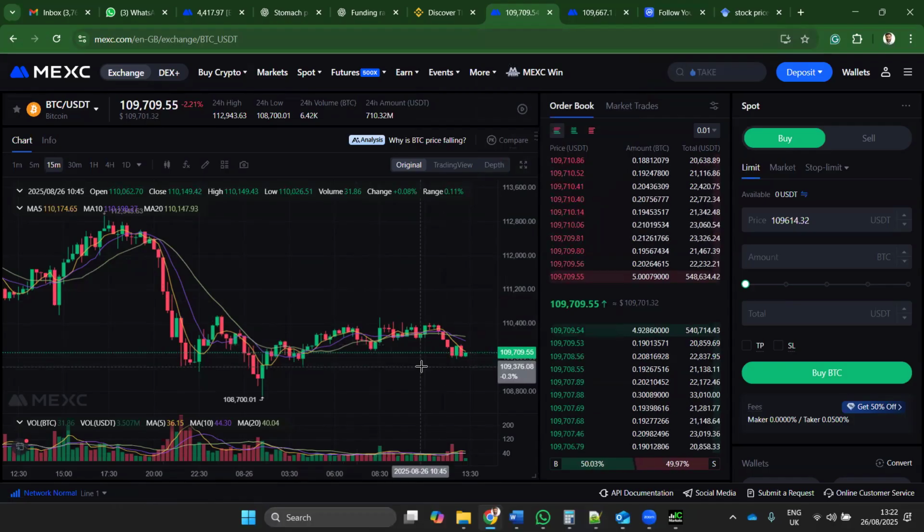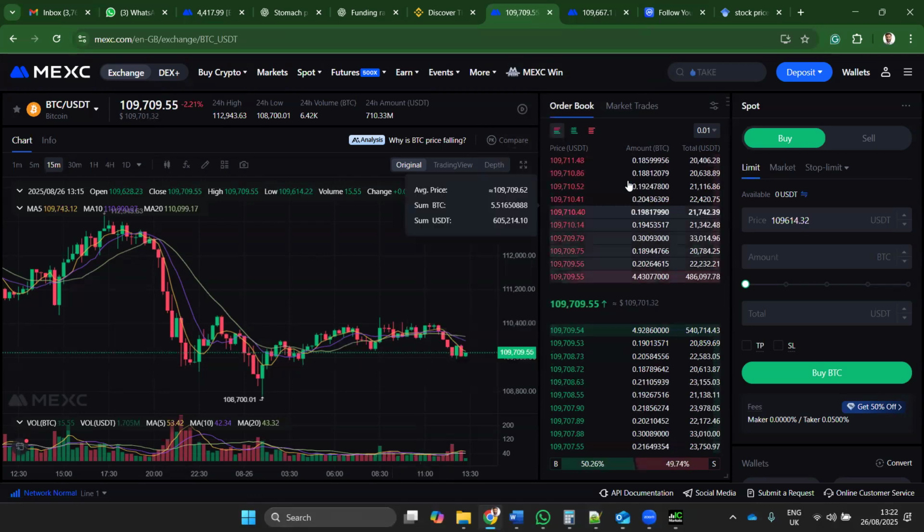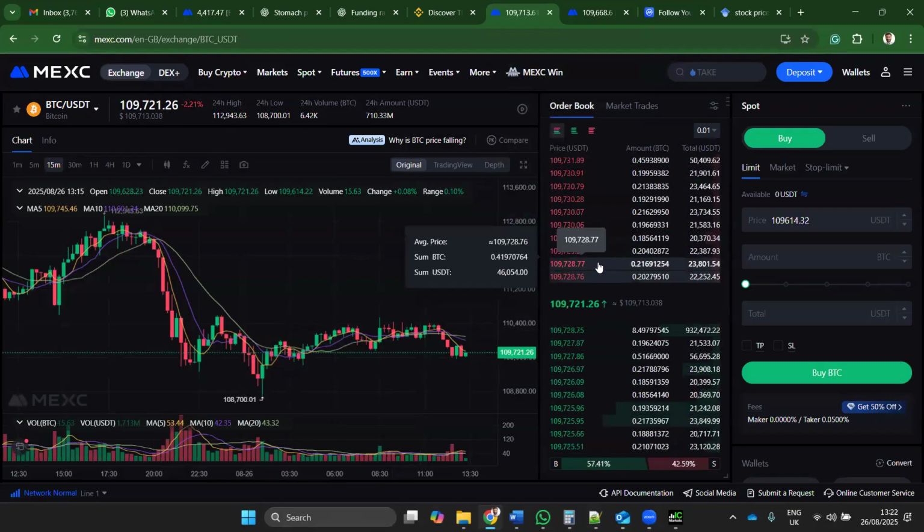That is the price where people are ready to sell or buy real Bitcoin. Here we also have the bid and ask prices, but this order book is a real order book. Whenever a buy and sell happens in spot,